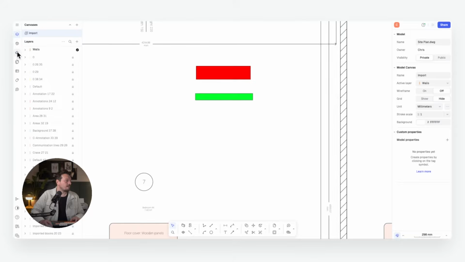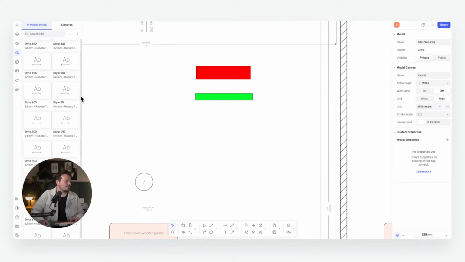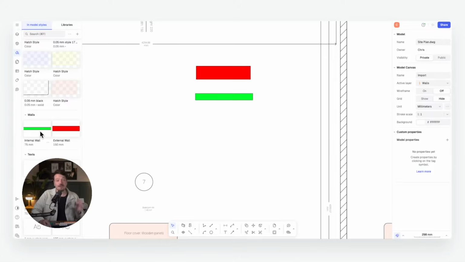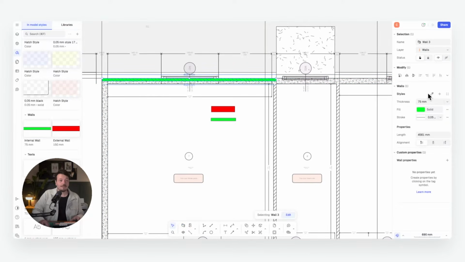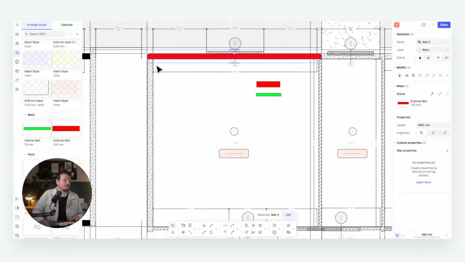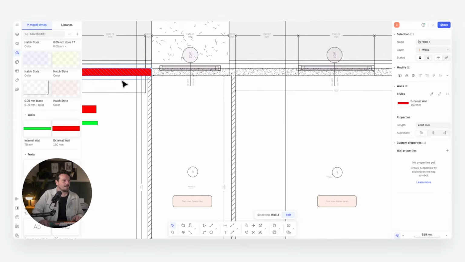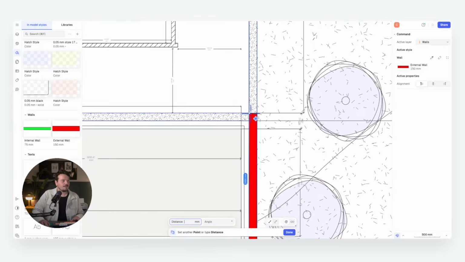And just for reference, you can look over in your styles tab and you can look down to your walls section, which is here, and you can see those two wall settings there. And that means that whenever you draw anything, you can reference back to those wall styles and it'll automatically update. So say I want to start tracing these walls and I think, oh no, I've drawn it in the wrong wall style. I just use this picker style and that will automatically update those walls, which is really, really handy. So I can just go around, trace these walls,